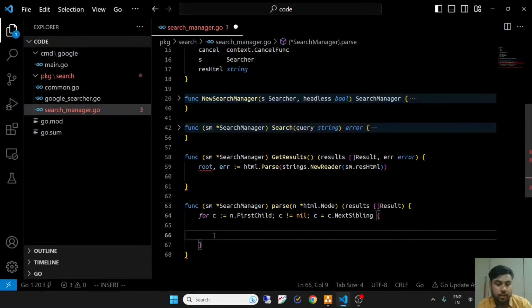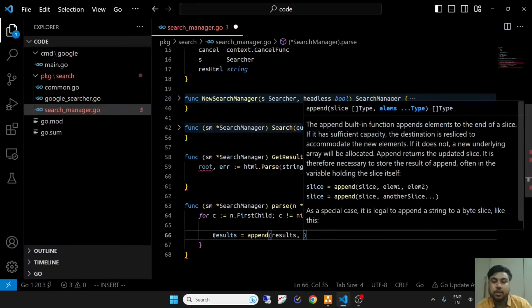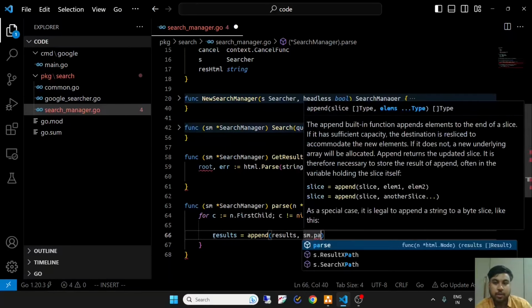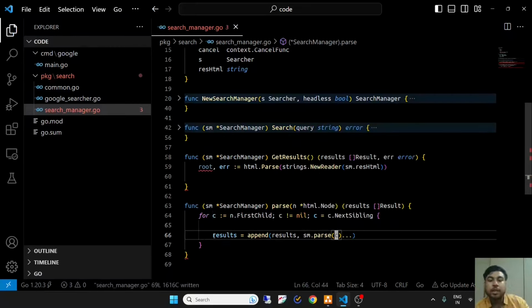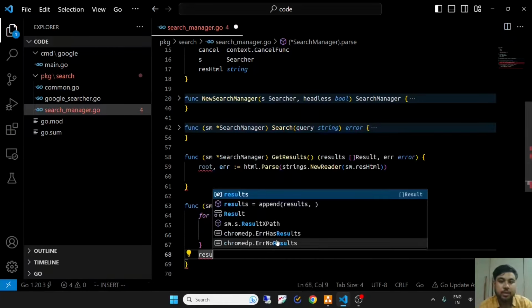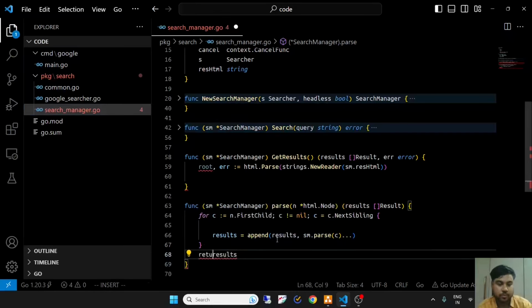And inside this, we'll just append the results from the parse function, and we'll call it for the child as well. So this is a recursive call, and at the end we'll return results.